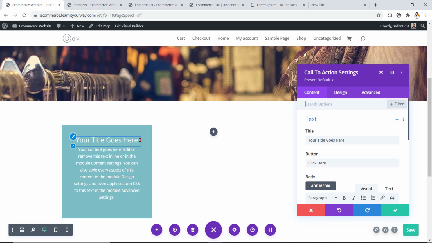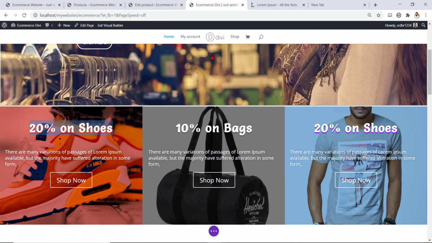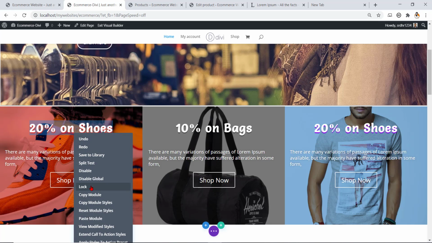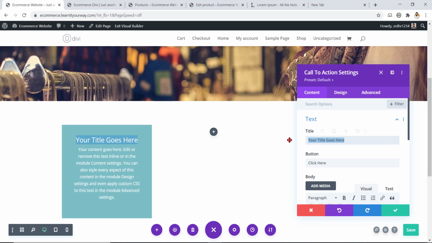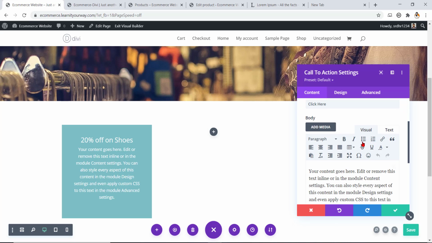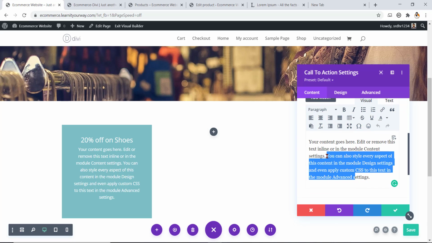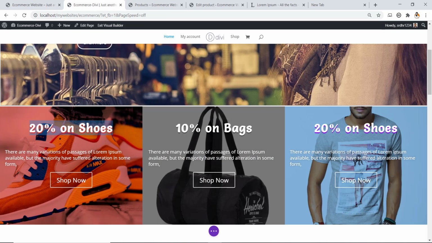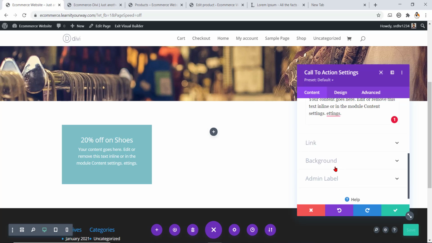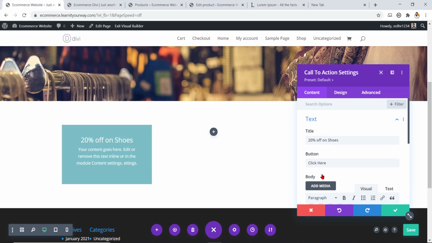Now we are going to start with this first column. You can simply go to this dummy website over here and copy the contents from here. You can simply copy this, go back here and paste it. It's 20% off on shoes. You can reduce the overall content over here. And next up is we need a button. As you can see, we are having a button over here. So we already have a button, but we don't have the link